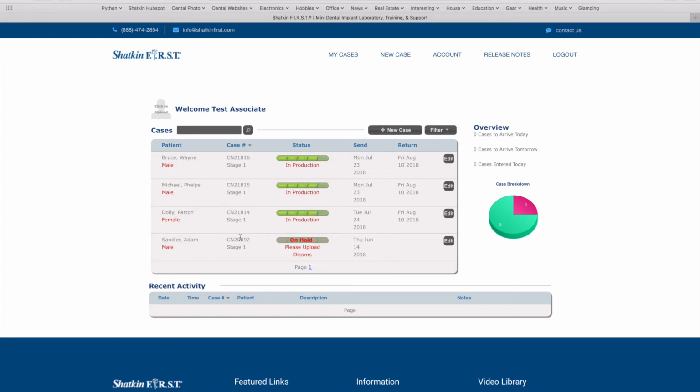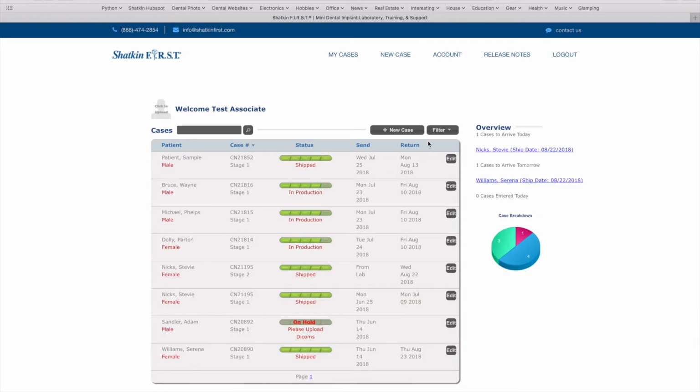So here for this case, for Adam Sandler, we're waiting on DICOM files to be able to work with the CT. So it'll show you, your case is on hold, it's not currently in production until those DICOMs are uploaded to us. Over here on the right side, if you change the filter to all, this will include shipped cases,